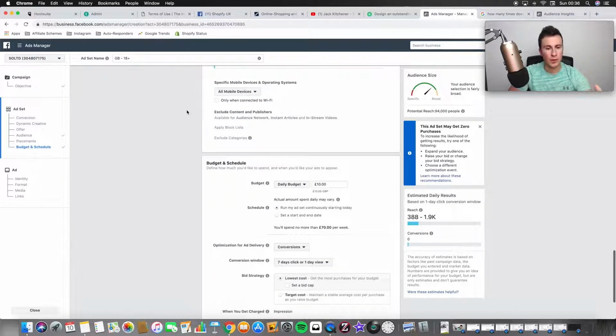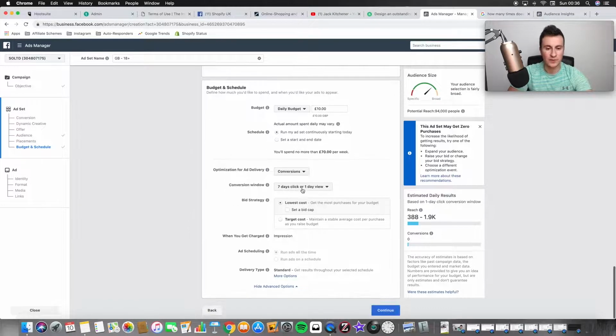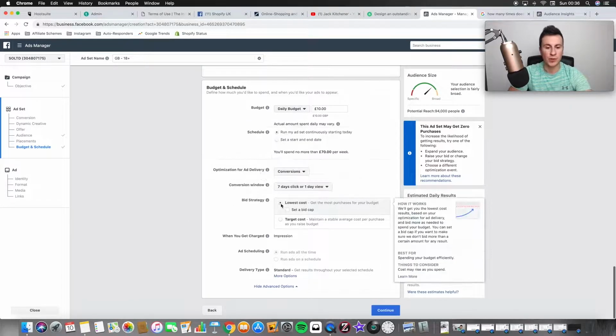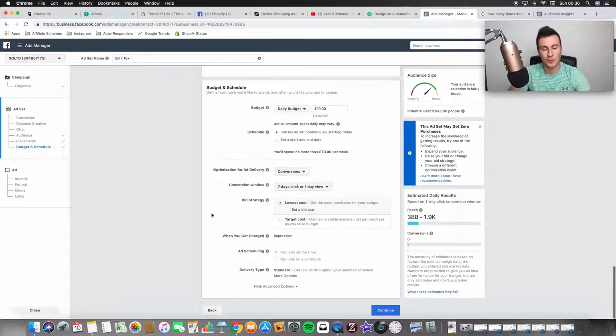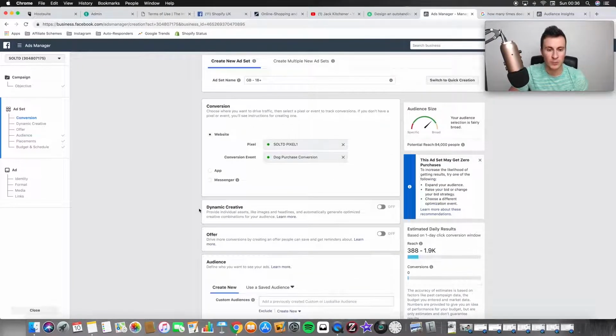Moving down, all mobile devices. Budget, I always stick to £10 daily budget per ad set when starting off in a new niche. Conversions, we want 7-day clicks, and we're going to go for the lowest cost as well. So that being said, one more thing just to finish it off, we're going to go back to the top, and we're targeted in the UK. We're going for 18+, going for male and female,